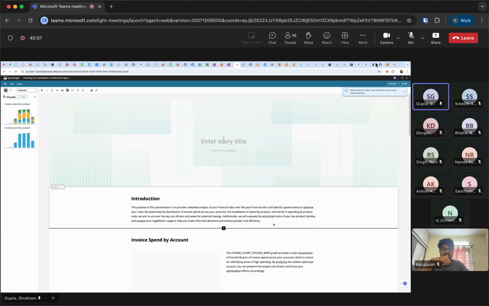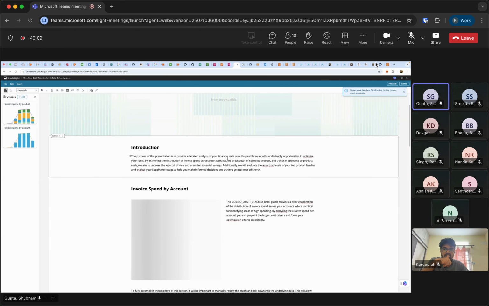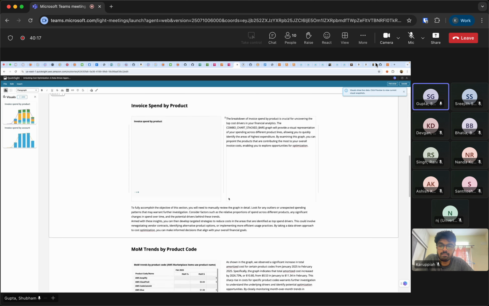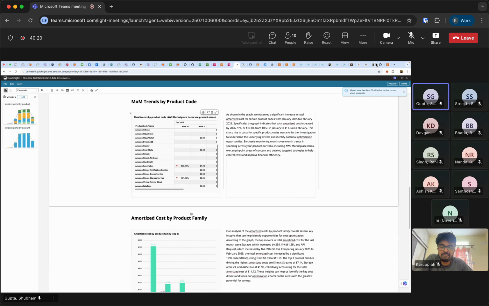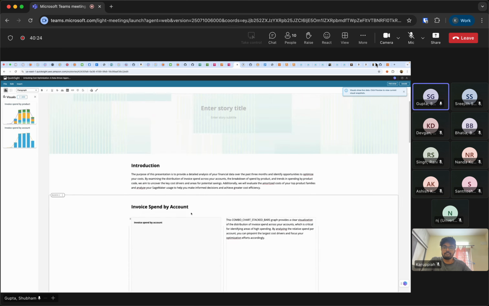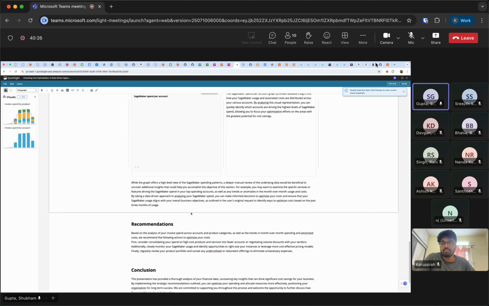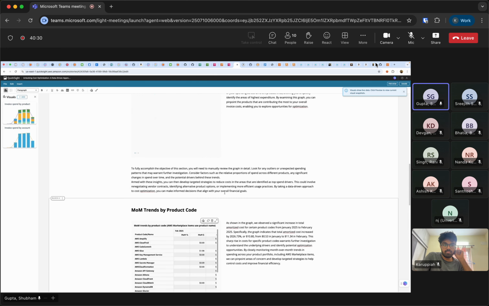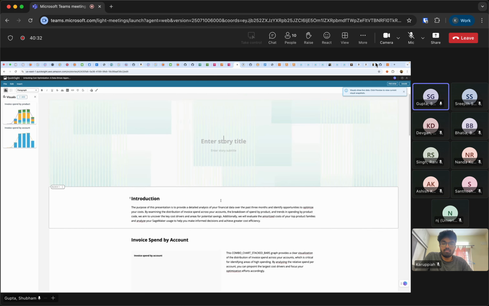Yeah. So basically, I asked it a summary of financial data over past 3 months. So this is the summary it created. So it will load these documents, but this is the format, right? If you see, this is how powerful your report can be, and it's directly exportable. You can share it. It's refreshable over time. These are the recommendations, conclusions. So it can help you create some ready to share documentation in a matter of seconds, right?